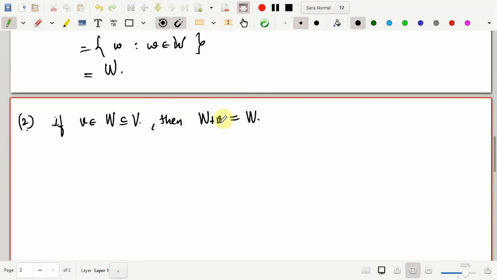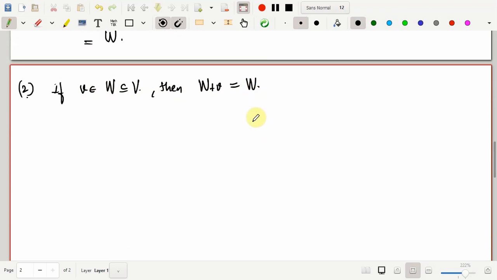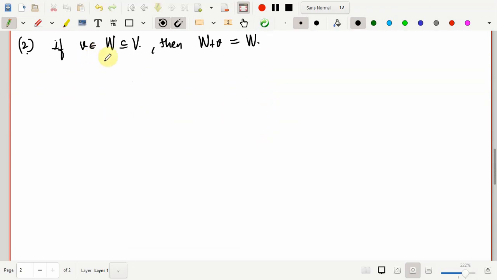Okay, and in this case you will also observe that if it is the same as W, then W plus v becomes a subspace, as W is a subspace. So this might be one sufficient condition for a coset to become a subspace. Instead of v coming from capital V, if it is coming from W, then the coset generated is once again the same as W, and hence it has to be a subspace. So this is the condition that is required on v for W plus v to be a subspace. Okay, so let's try to prove this.